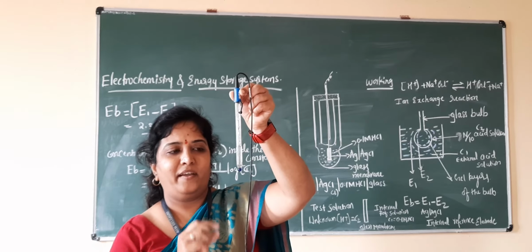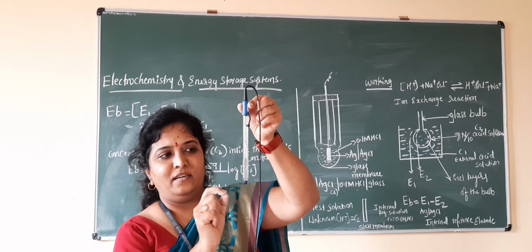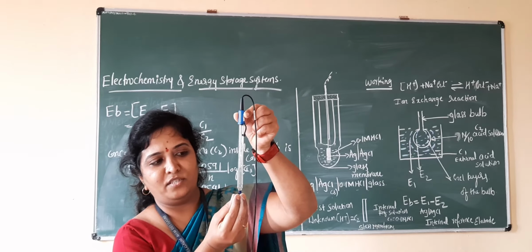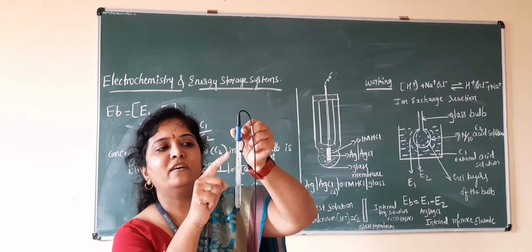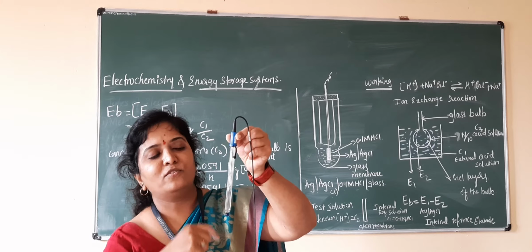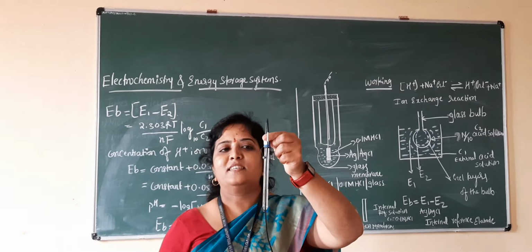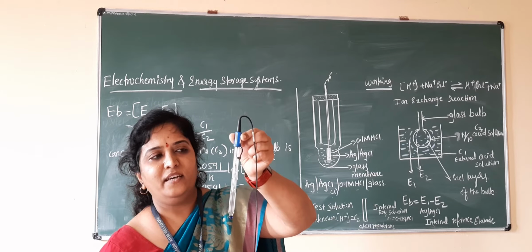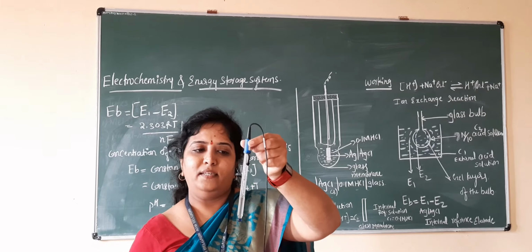A long glass tube and a thin-walled bulb at one end, made of very thin glass, and inside you can see that 0.1 M HCl solution is there, and inside, the main thing is what? The internal reference electrode, that is a silver chloride electrode. So it is also called a combined glass electrode. This is the electrode we are talking about, and it has high electrical conductance, low melting point, and can sense hydrogen ions up to pH 9.